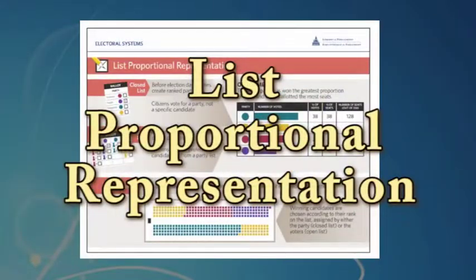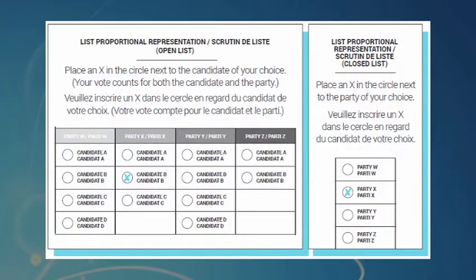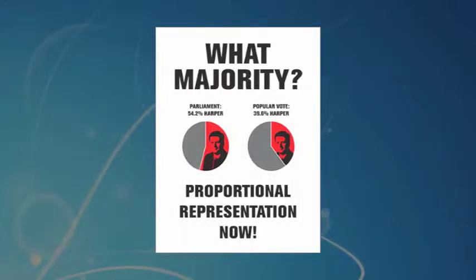List proportional representation. In this system, multiple candidates are elected to an electoral district. Depending on whether it is an open or closed list system, voters may or may not have power over who is elected into office. Rather, they vote for their preferred party and trust their party's internal processes to choose their candidates. A single party majority would be less likely in this system, so a coalition of two or more parties